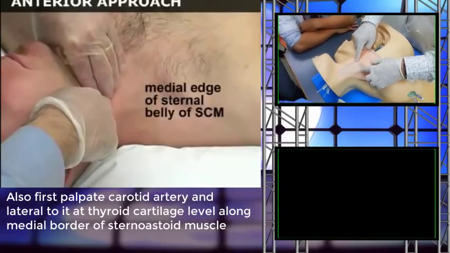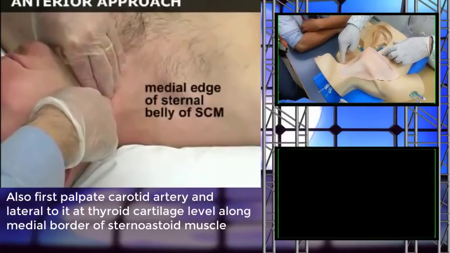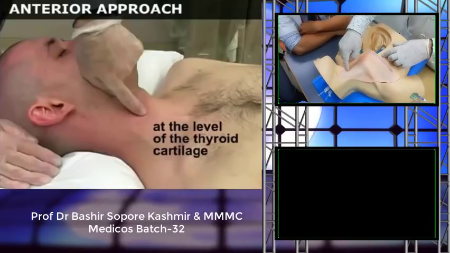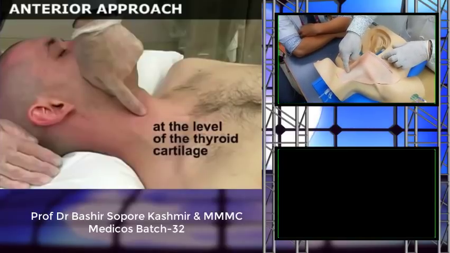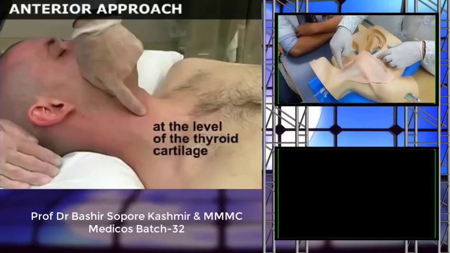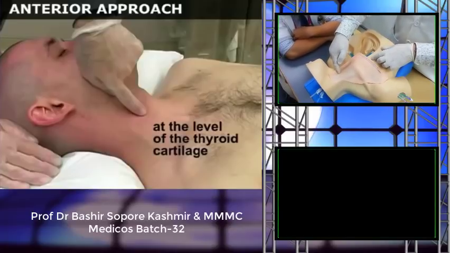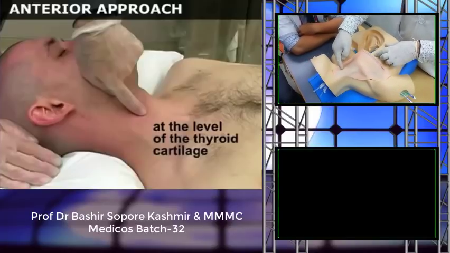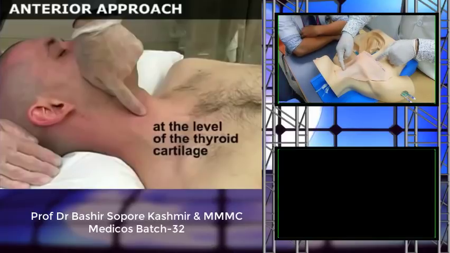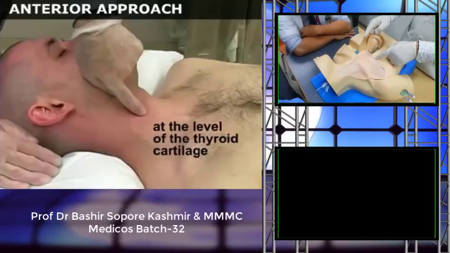So the anterior approach is that you take a line from the thyroid cartilage and go laterally along the medial border of the sternomastoid muscle. You have to inject the needle here, and this needle has to be at 45 degrees, towards the ipsilateral nipple. You got my point? This approach is called the anterior approach. Another approach we have